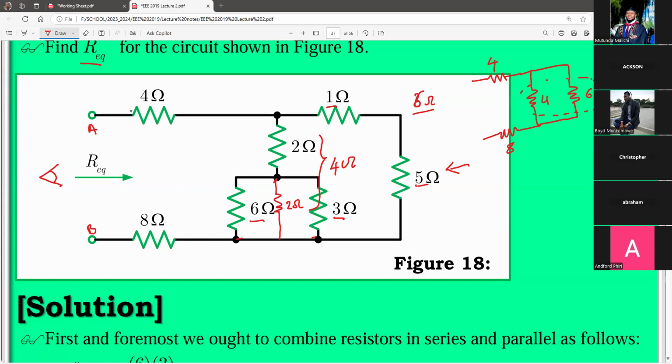So again, what is the equivalent resistance of these two resistors, 4 ohm and 6 ohm resistors connected in parallel? Again, it will be 4 times 6 over 10. This should give us, I think, 2.4 ohms as the equivalent resistance. So meaning we now have a circuit that uses 4 there, 2.4 there,